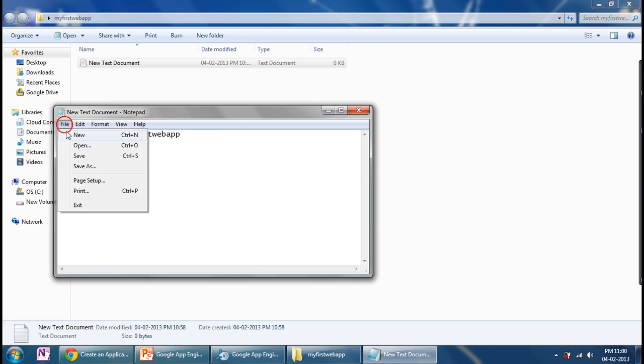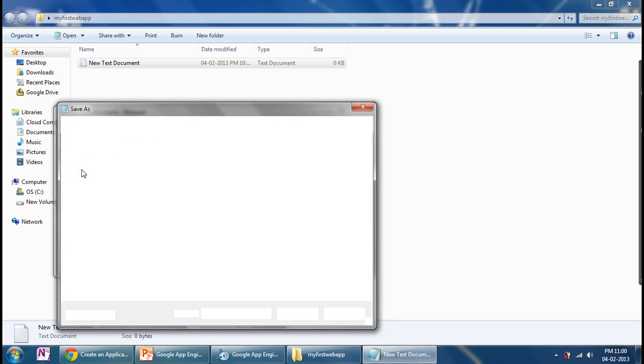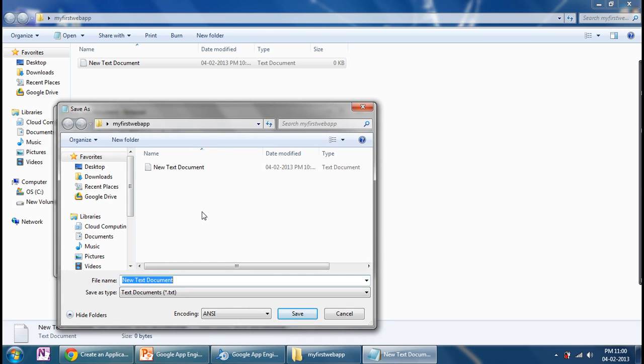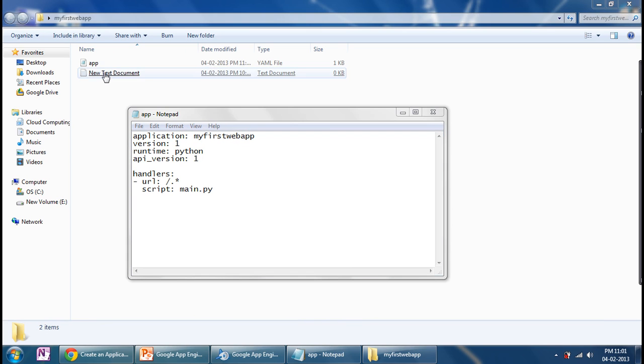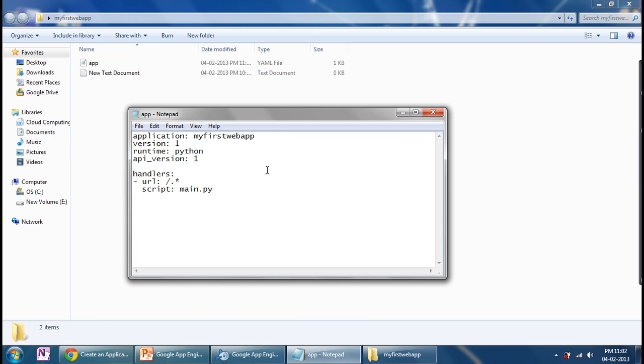Now save this file as app.yaml. So we have created this file and saved it as app.yaml, in which we have mentioned the script main.py.